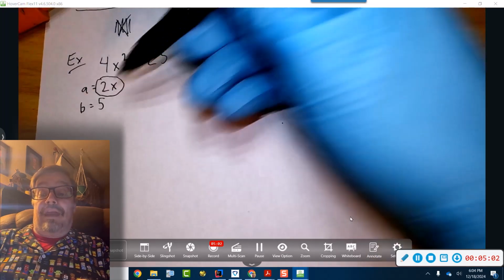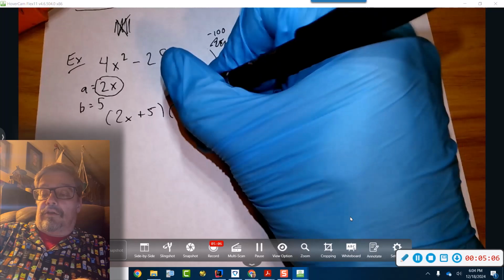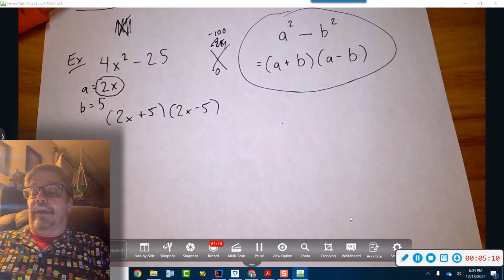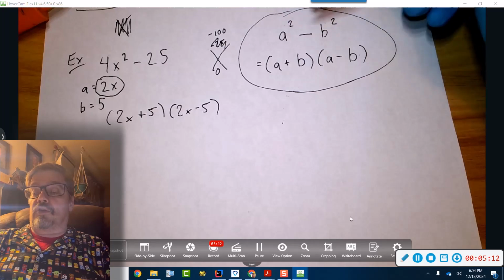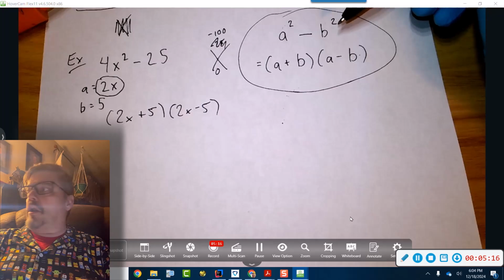Now that we know the a and the b, we literally just do this. We've got the positive version, and then we've got the negative version. We're done, okay? So again, if you see two perfect squares, and they can be anything, as long as they're perfect squares,